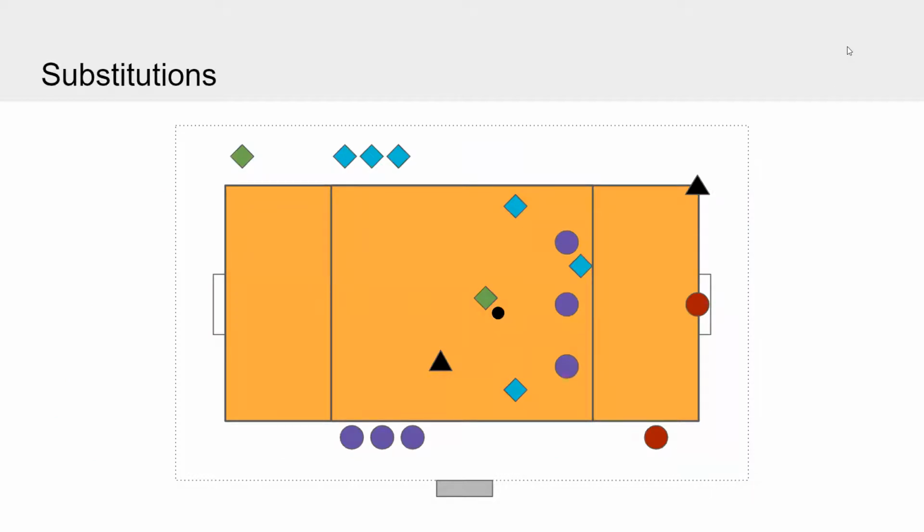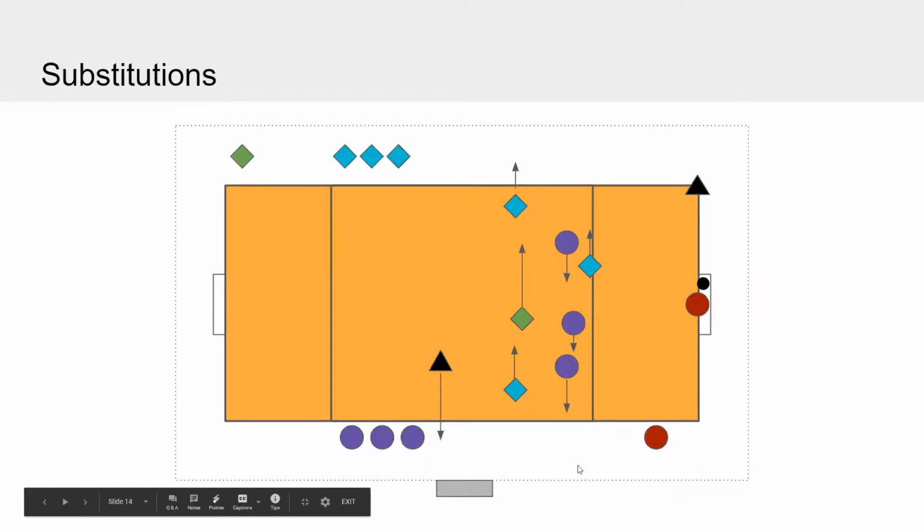So we see here the Caro team is attacking against the circles, right? The green marked player here is the specialist of their team. He or she is putting pressure on the defense, plays an in-flight to the pivot who scores, and that's when the substitution really starts. So we see the circles are running as fast as they can out to the sideline, and the Caros are